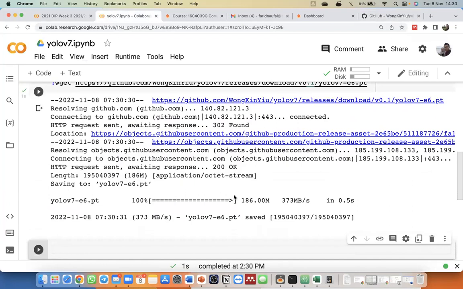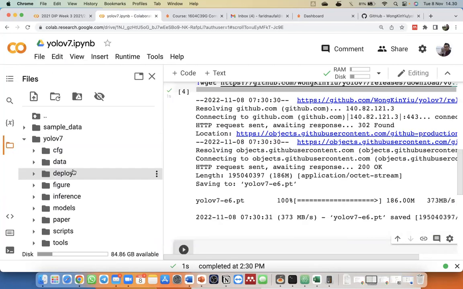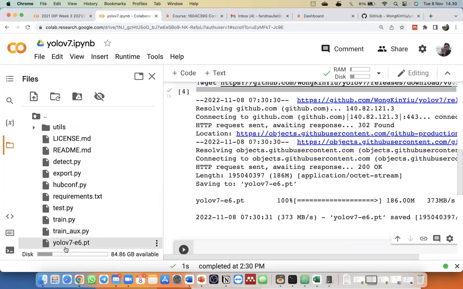It's around 186 megabytes. As you can see here, we already have the weight model, yolov7-e6.pt. .pt means this is the weight model, the pre-trained model.